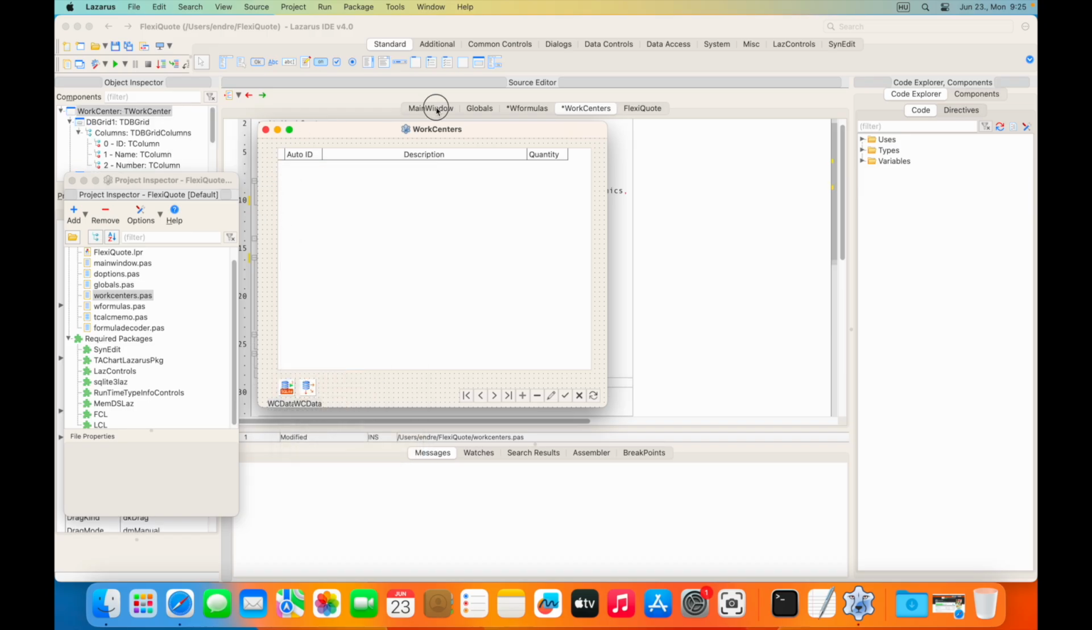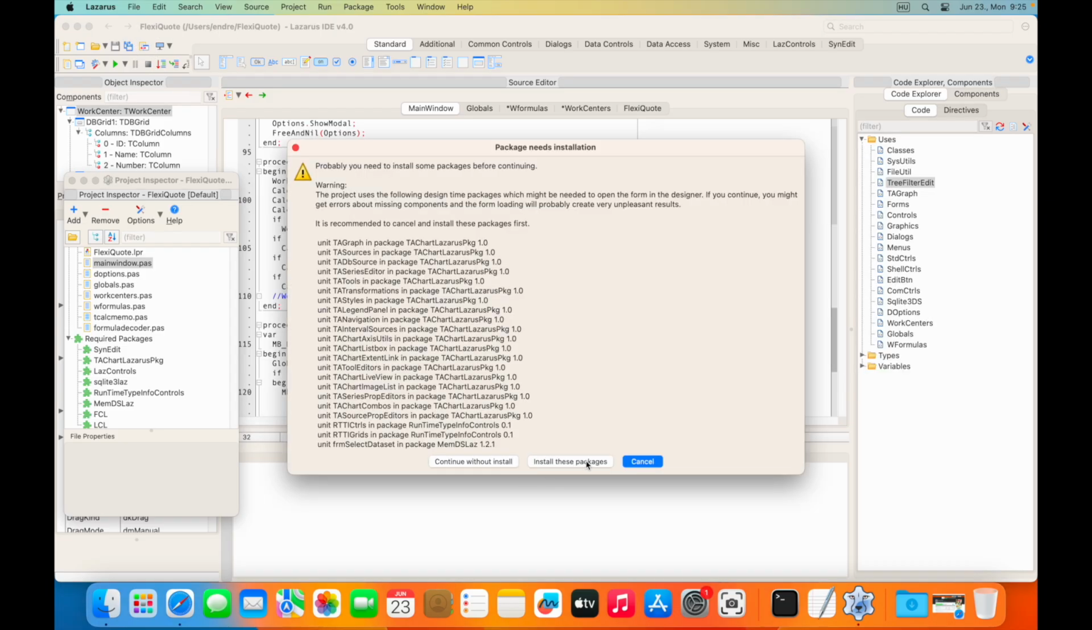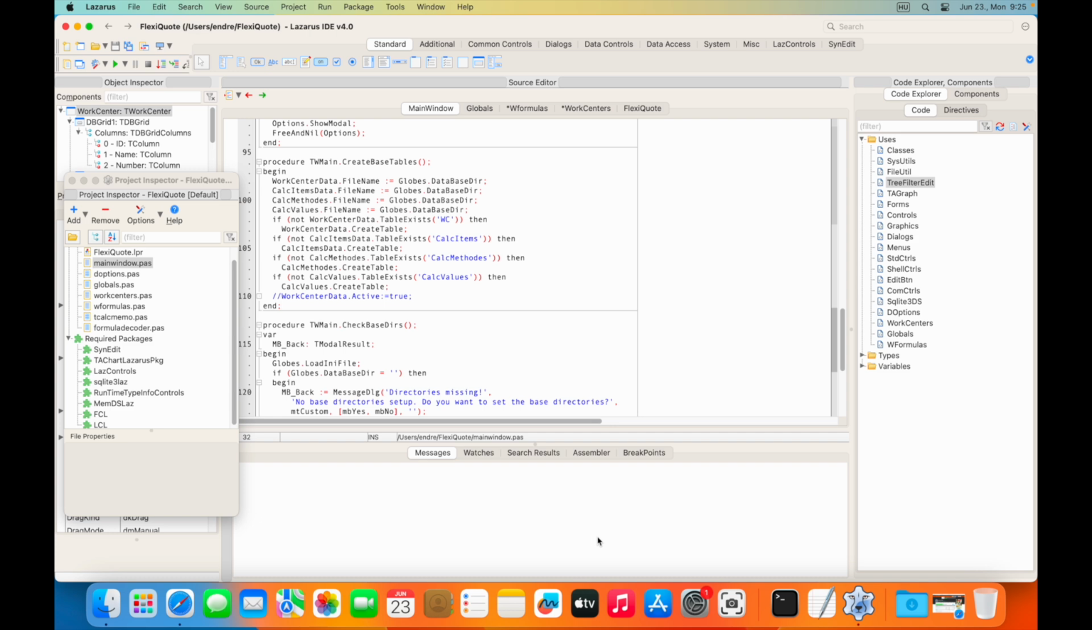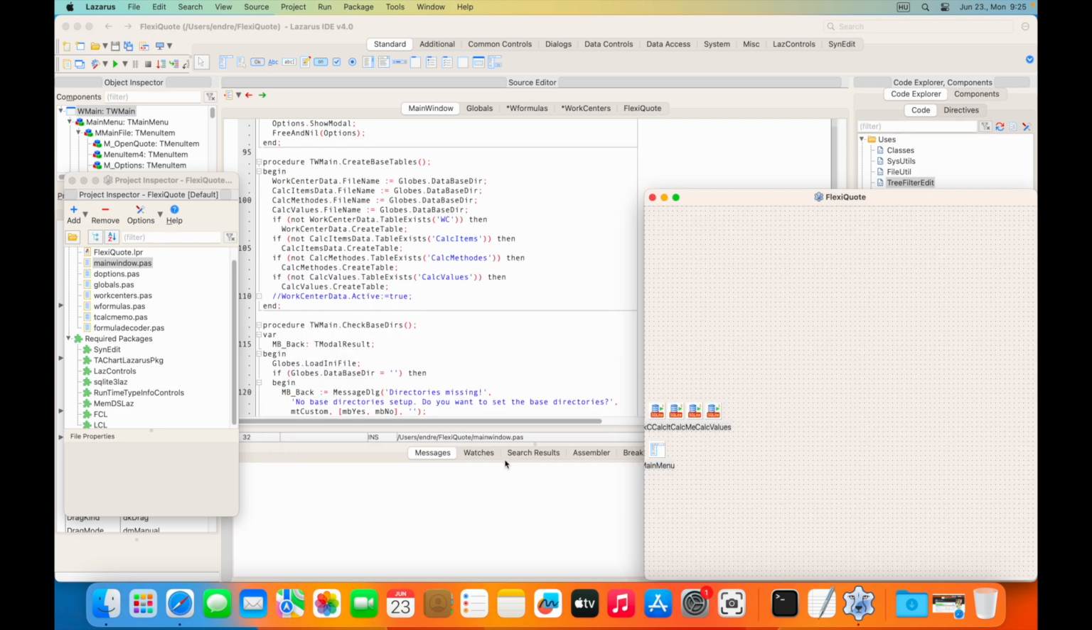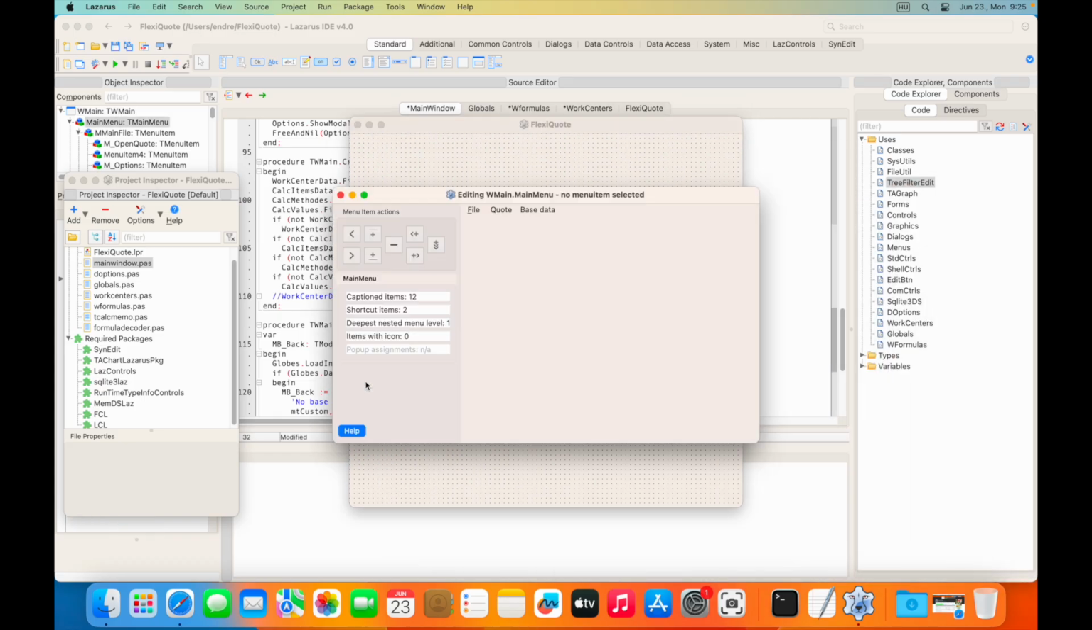Okay, so if I'm going to the main window, I already have here the main menu, and you can see that this is how it's created,